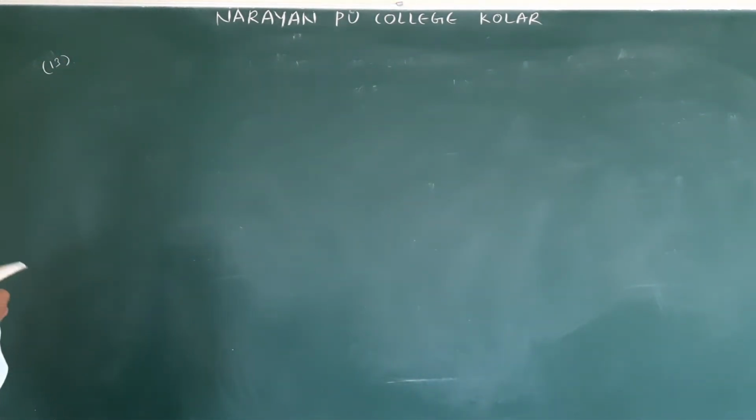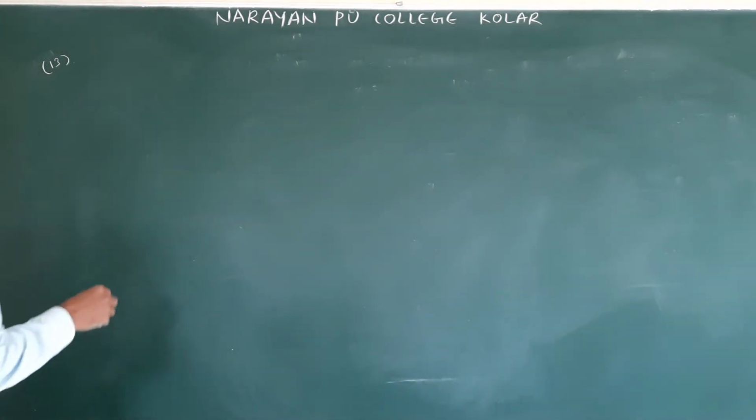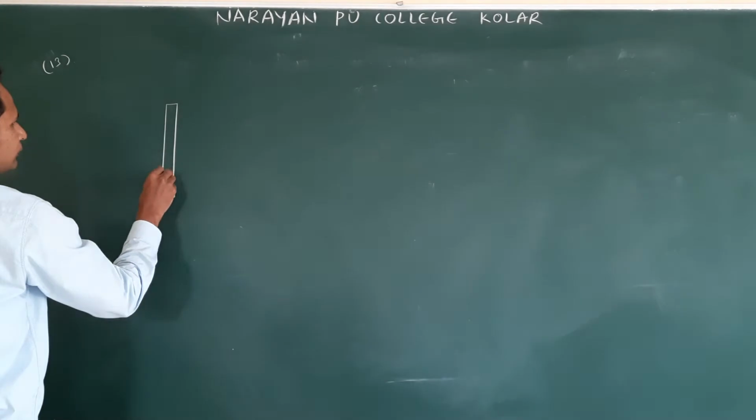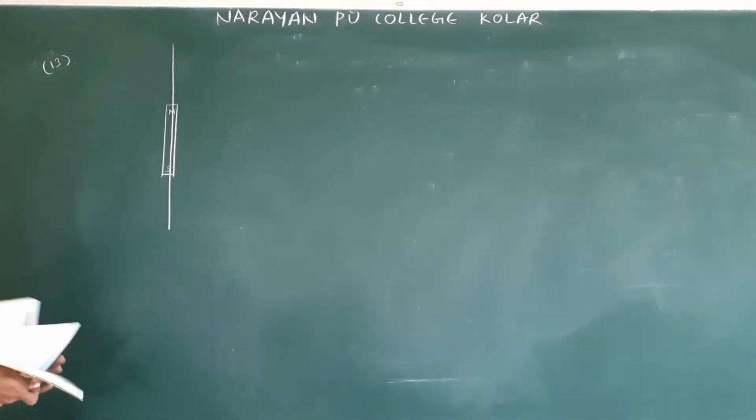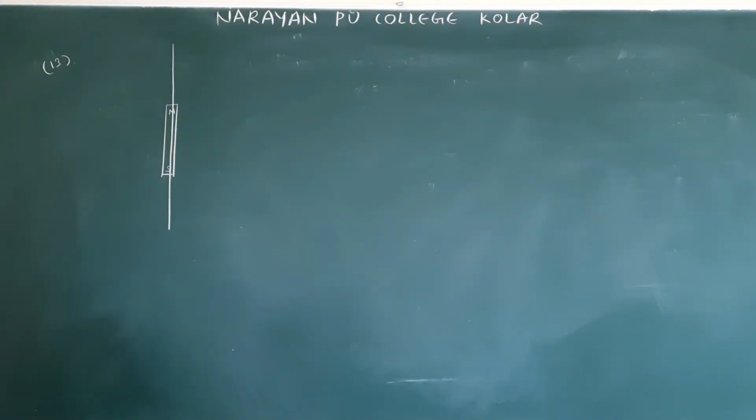13. Okay. So the bar magnet is placed like this, north, south. It lies like this. According to the question, a bar magnet placed in a horizontal plane has its axis aligned along the magnetic north-south direction. Null points are found on the axis of the bar magnet. Clear?